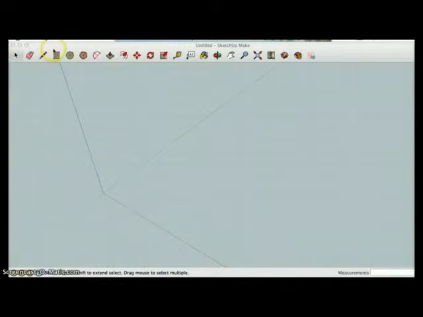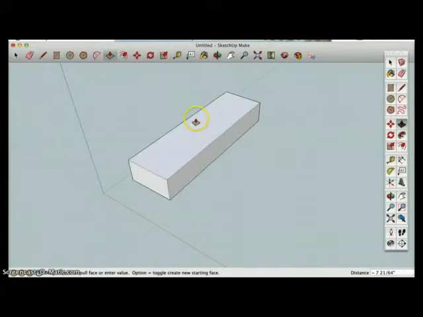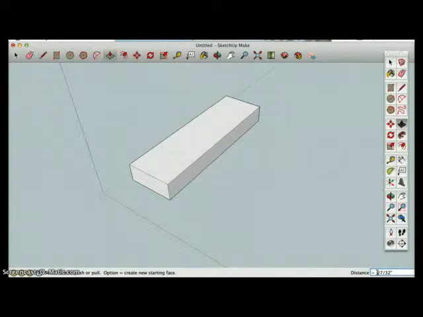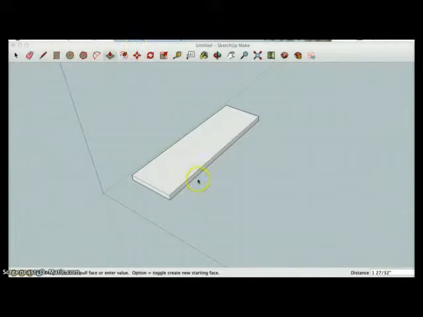First, let's draft rectangular by 14 per 48 inches and pull it upstairs by 1 inch. Okay, now